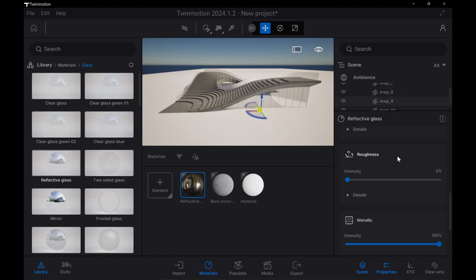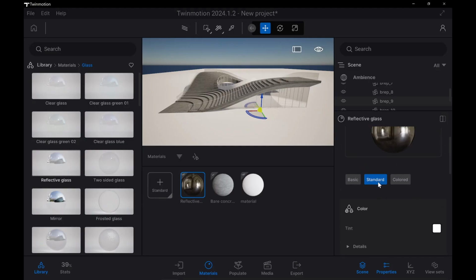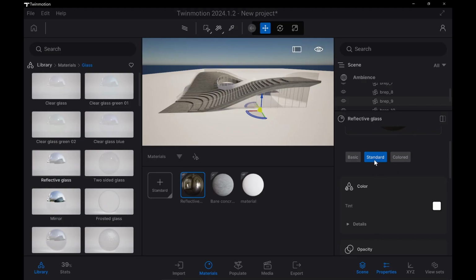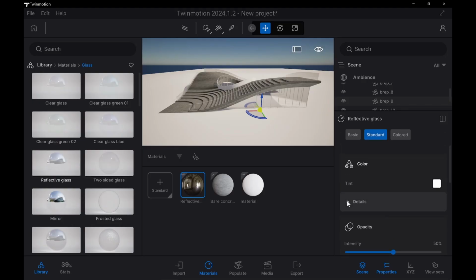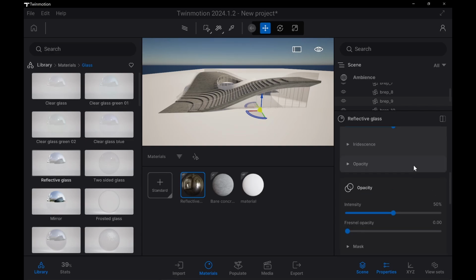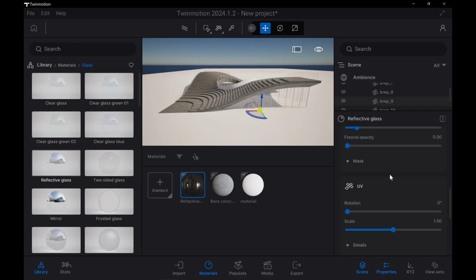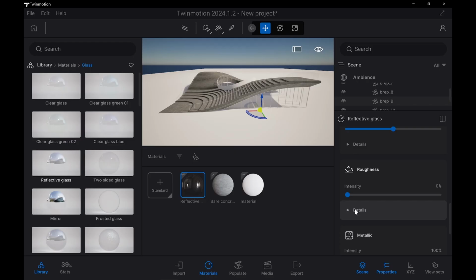what's really important is you want to do basic, okay, because it'll give you more detailed settings than standard or colored. Again, the color is the same thing, right, with the saturation and if you want to give it tinted glass or not. But what's really important is, let me go down to opacity, right? Your opacity is super important because that's going to help you determine how reflective your glass is going to be and also with specular. So if I go down to roughness and you click on details,